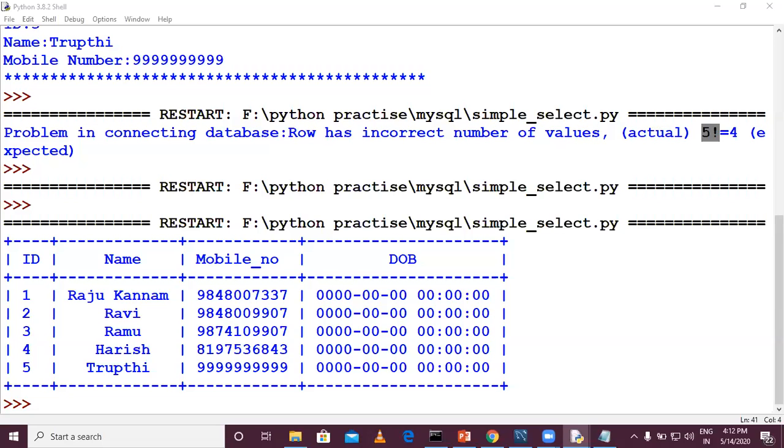Okay. So if you are having only one record, or if you are specific to only one particular record, then you can use fetch one. If you are running the query for only one record, then you can use fetch one in that scenario. But if you want to fetch all the records, and if your table is having 100 records, then if you use fetch one, you have to execute fetch one 100 times. Or you can use the remaining ones, fetch many or fetch all. Right? So if you use fetch all, we can fetch all the records at a stretch.